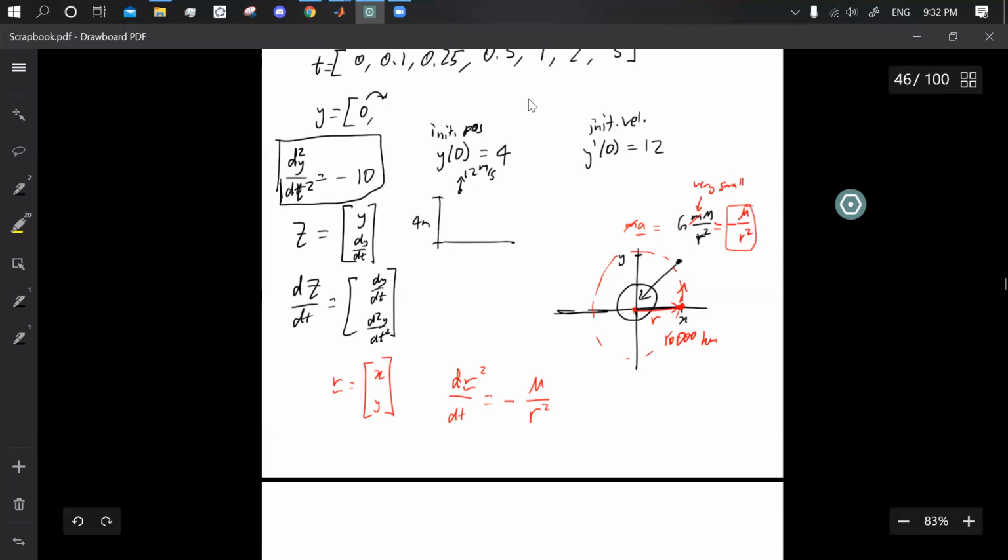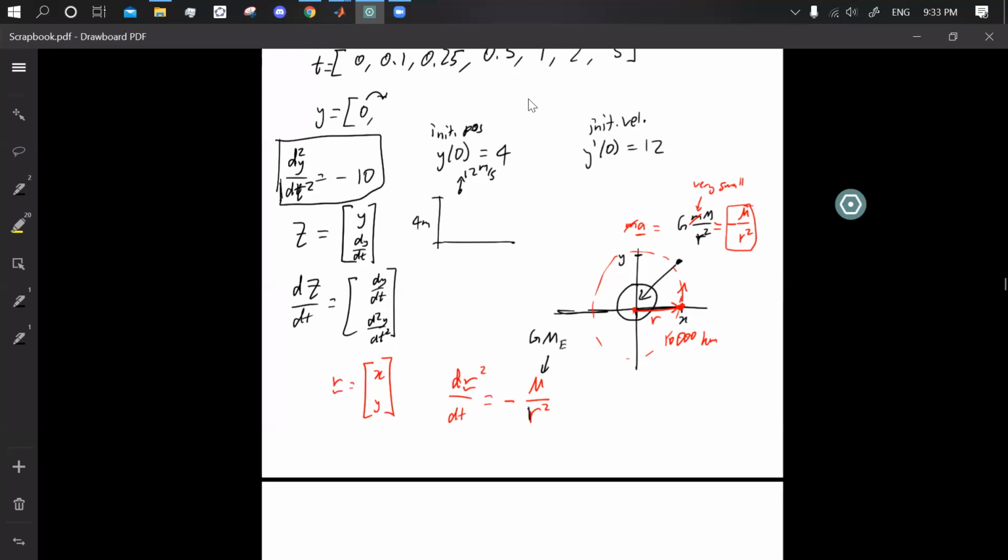This GM is generally for Earth, but you can write different mu values for different objects, and the textbook has values of these. Because they're all constants, it doesn't matter, so I'll call it GM_E for now over r squared, and then all of this times the vector